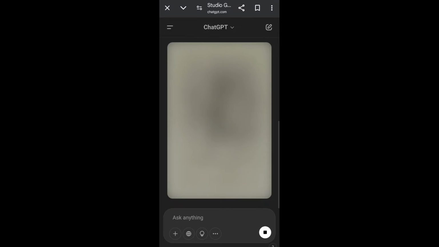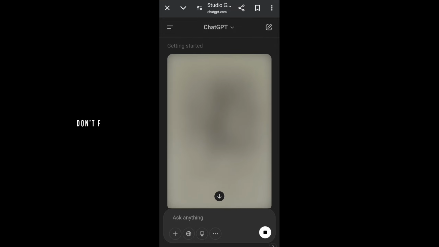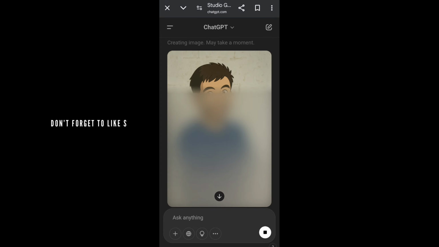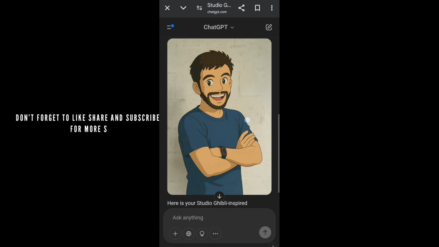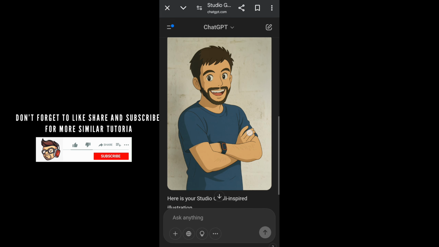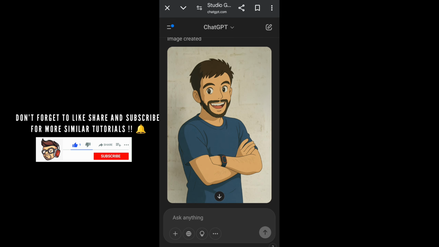Okay, it's loading. Just wait for a few seconds. And this is our final result. You can see the before one and the after one. It looks so realistic, so perfect. And to download the picture, just tap on this photo and you will see a download symbol at the right corner. Just click on it and the photo starts downloading. Simply click on open. You can see